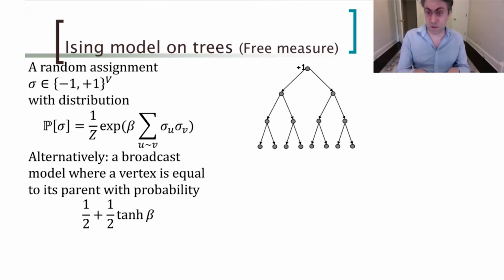And then as I go from a parent to a child, I assign the child to have the same sign as the parent with probability 1/2 plus 1/2 tanh beta, and the opposite sign with the complementary probability. And so this way, I can start from the root and work down and assign all the spins